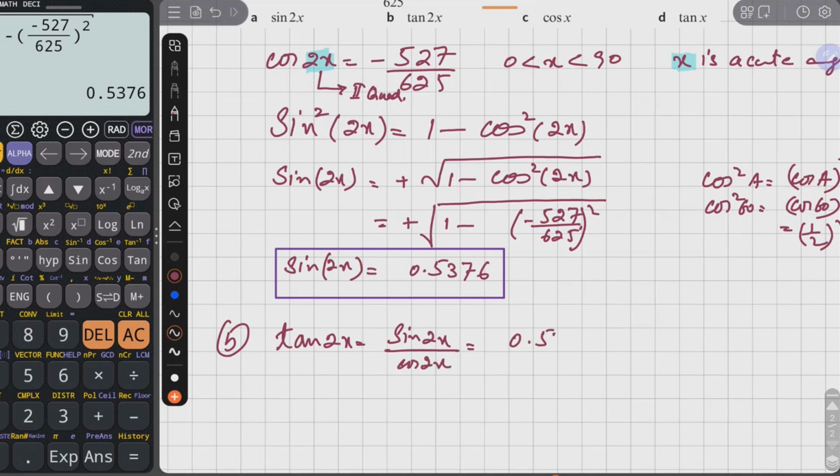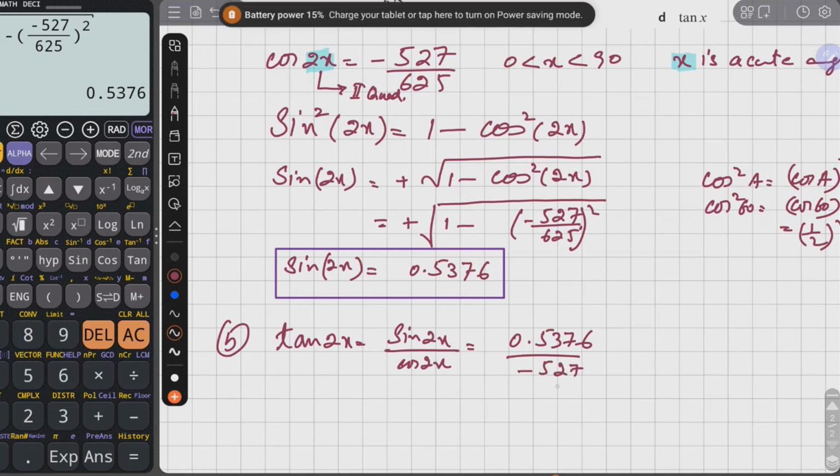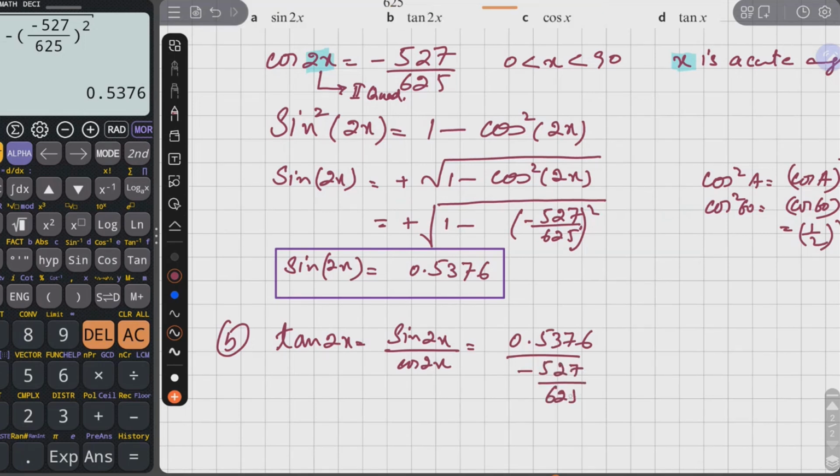Sine value is this one, 5376, and cos value is 527 over 625। ठीक है, अब आप इसको देखें कि ये जो आंसर आएगा -0.638, ये भी आ गया।